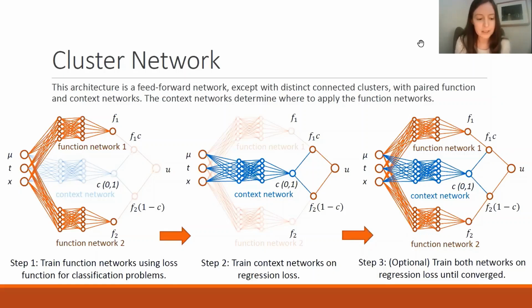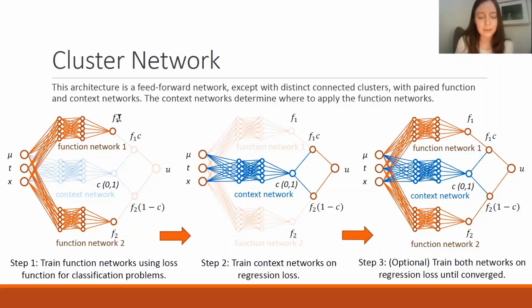So the first step for training the network, I would train the function networks, only train the networks on the points that are closest to your guess. The way that works is, with a typical neural network, you're going to train each part of it on kind of every point. However, with this network, I'm only training